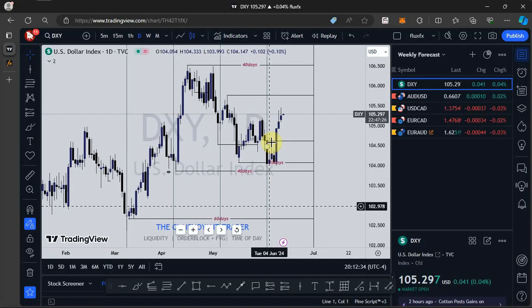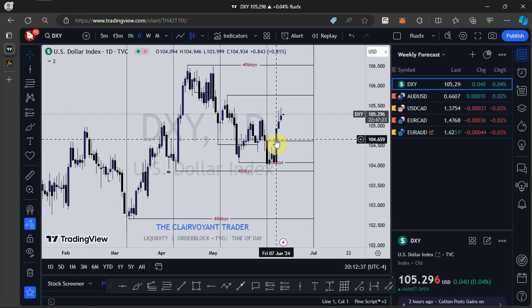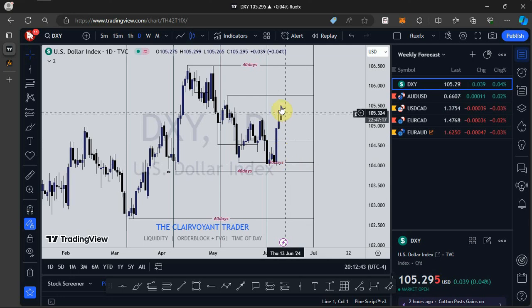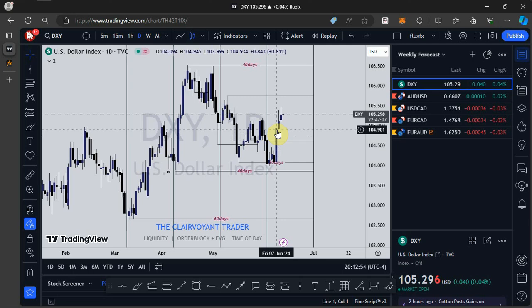Yesterday I made you aware, and in my weekly market outlook too, I made you aware that I'm expecting price to retrace a little bit to the downside before we see a move to the upside. So just as you can look at something here, right after this impulse move, we are still seeing price pushing to the upside,